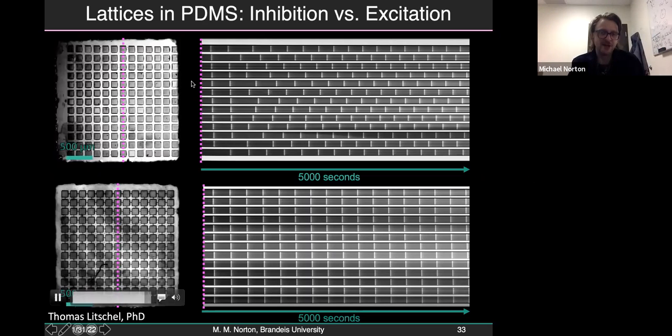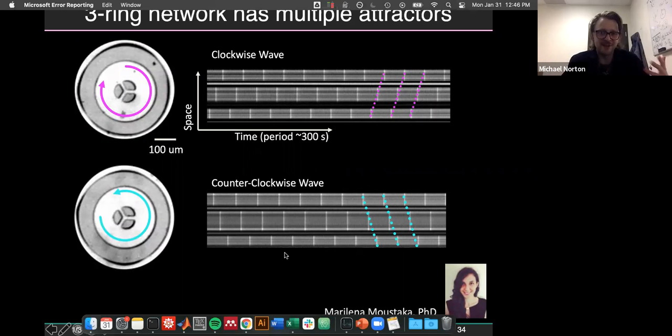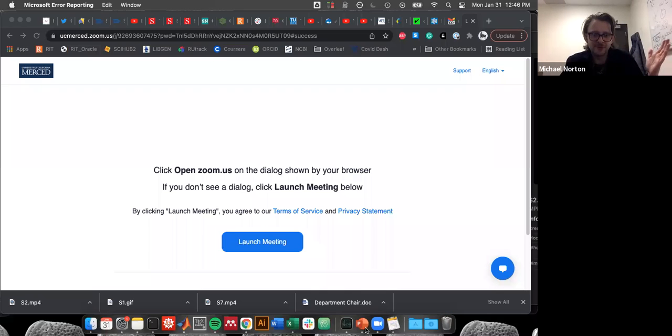And so we have these two very different kinds of patterns forming. One material tends to permit waves, while the other one is going towards this antiphase kind of synchrony. And so if you take that same inhibitor coupled system and confine it to a ring of just 3 wells, again, we see the emergence of these two